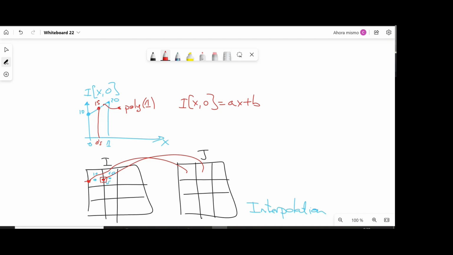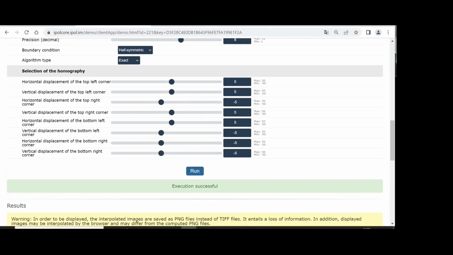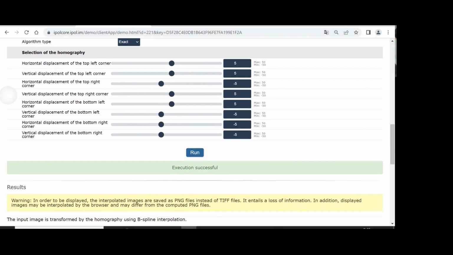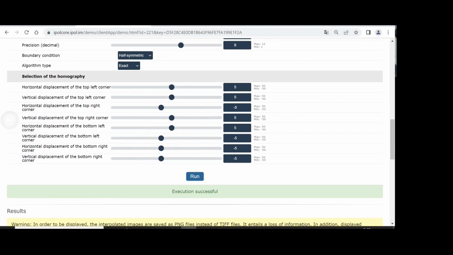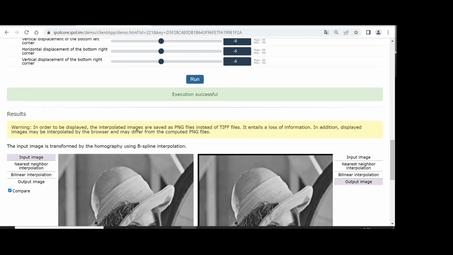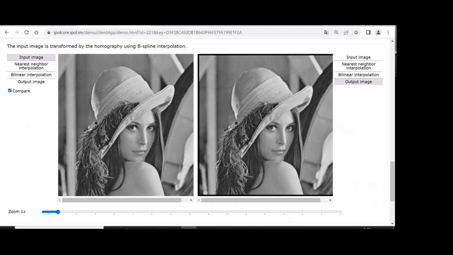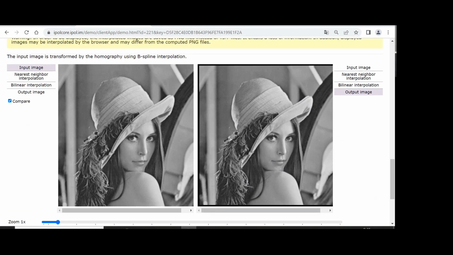Okay, so are there differences? There are. So here we can choose the polynomial. So I ran this example with polynomial of degree 3, and here is the transformation. The transformation is moving a little bit the borders, so we can see that this is the input image and this is the output, and what we have done is to shift a little bit the corners of this